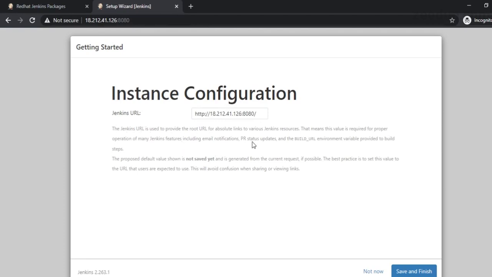It has accepted what you enter right here and is asking us to confirm that this is the URL that we will be using to connect to it. Okay, and you can click on save and finish now,